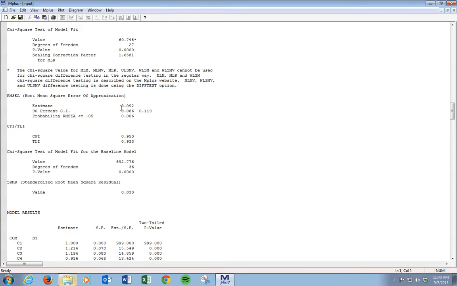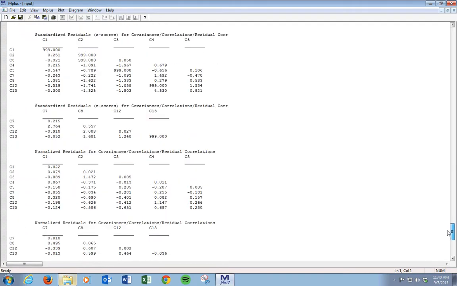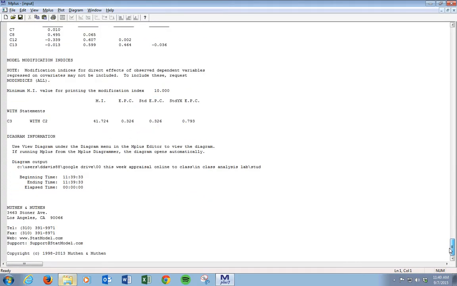I found most of the time with scale development, as this creeps up, even if some of the other fit looks good, it usually means that you have some items that are correlating with each other more strongly than they should, because of similar wording or something like that. And that's what we find here. So when we go down to the modification indices, items 2 and 3 are related to each other more strongly than you would expect just based on the latent construct. So a good way to test this would be for us to go in,